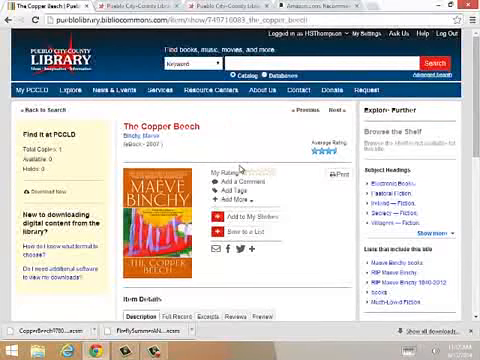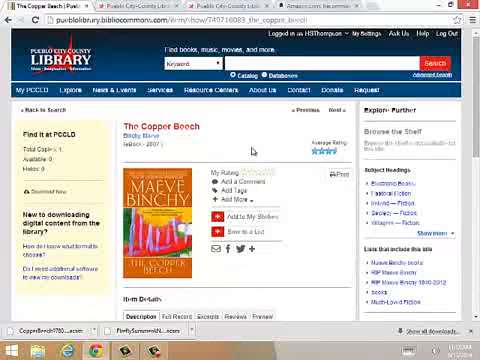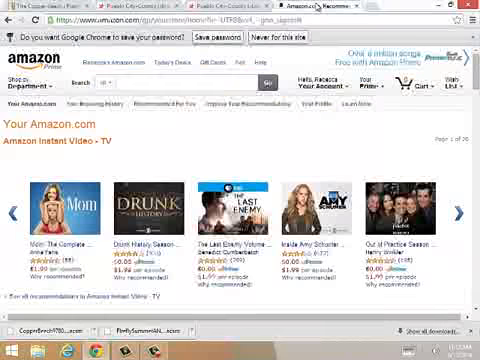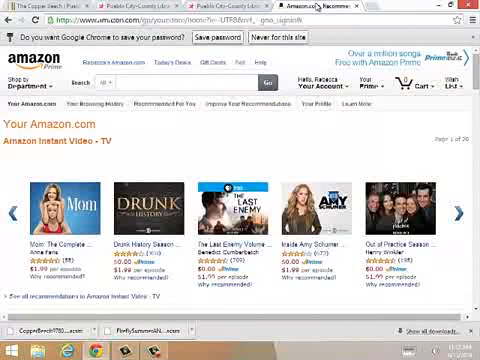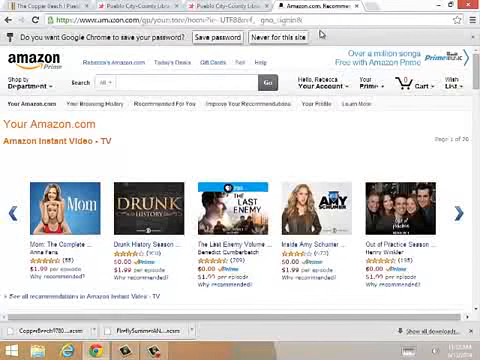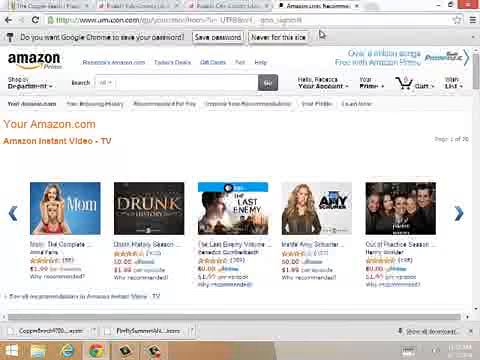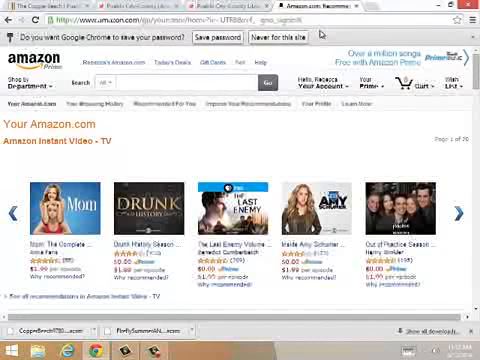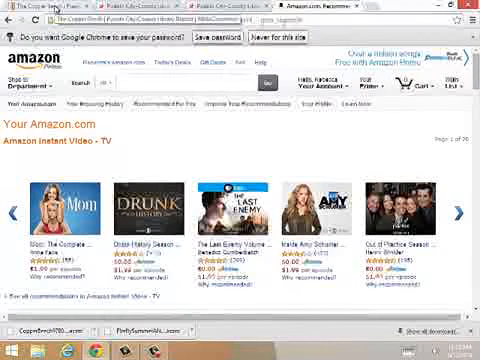So next, I'm going to show you how to check out an Amazon Kindle formatted book. You'll notice at the top here, I have Amazon.com already open in another tab, and I've logged into my Amazon account. Please make sure and do this before you check out a Kindle formatted book. I'm going to return to BiblioCommons